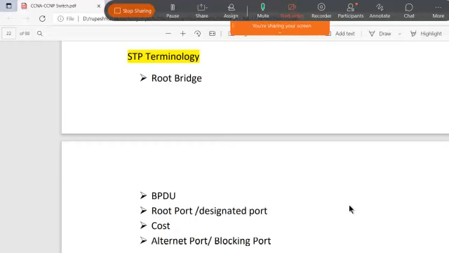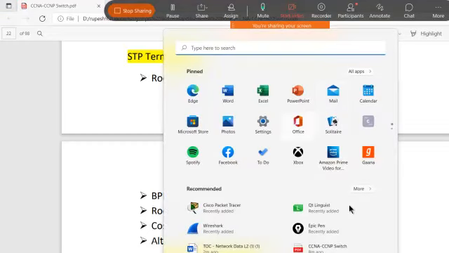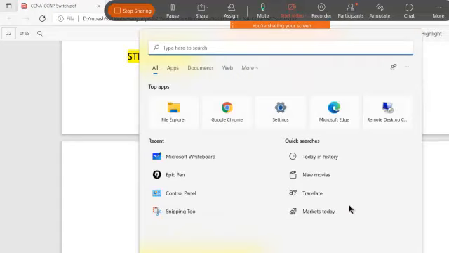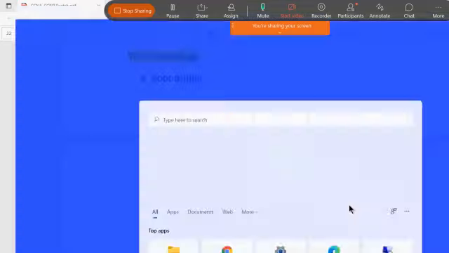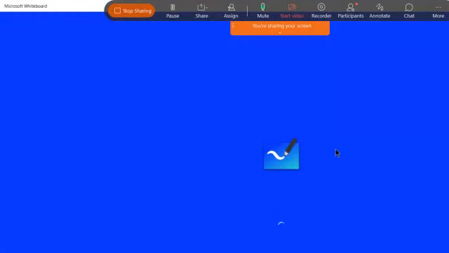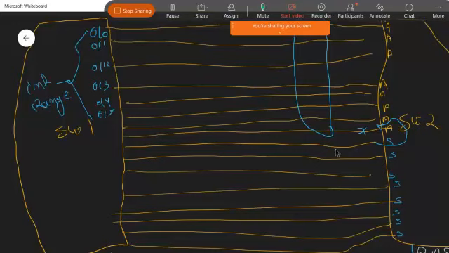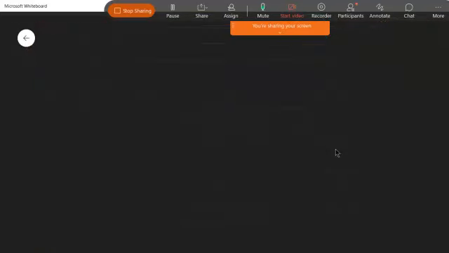Let me just open the whiteboard, then we'll talk about that. Now suppose that here we have three switches, right?